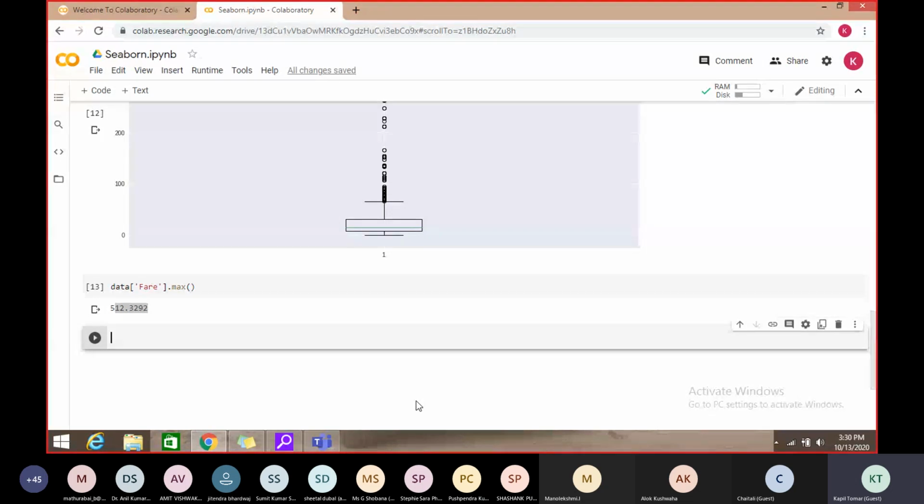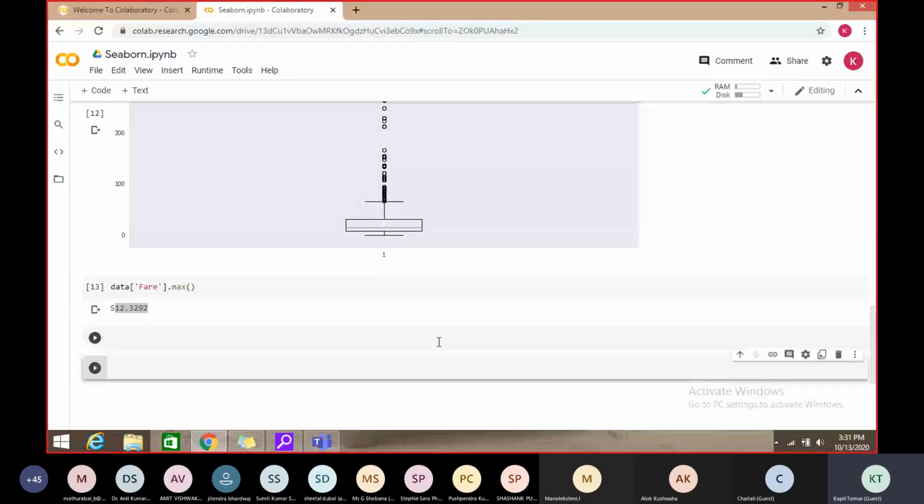Generally, to calculate the Z score, it is the particular value minus the mean, the average of that column, divided by the standard deviation of that column's values, right? So we can check what values are needed. These are the basic things which are very helpful when we train our data, and when we predict something with the help of our data.